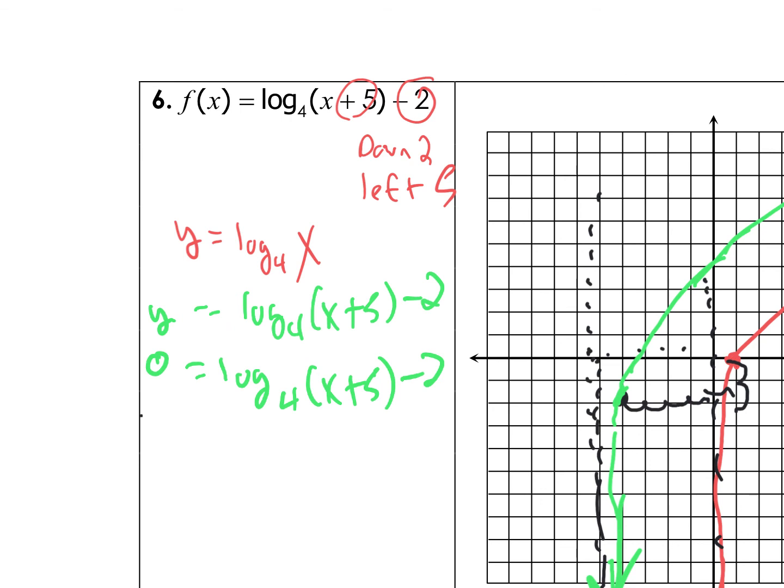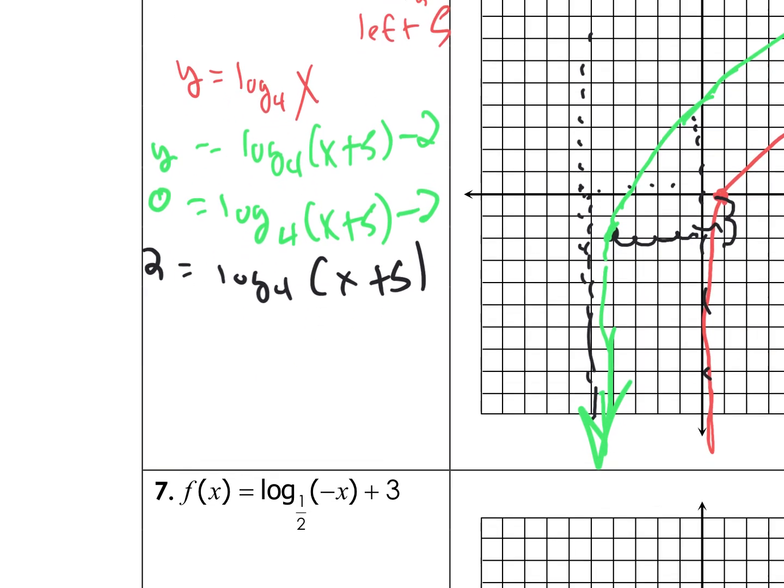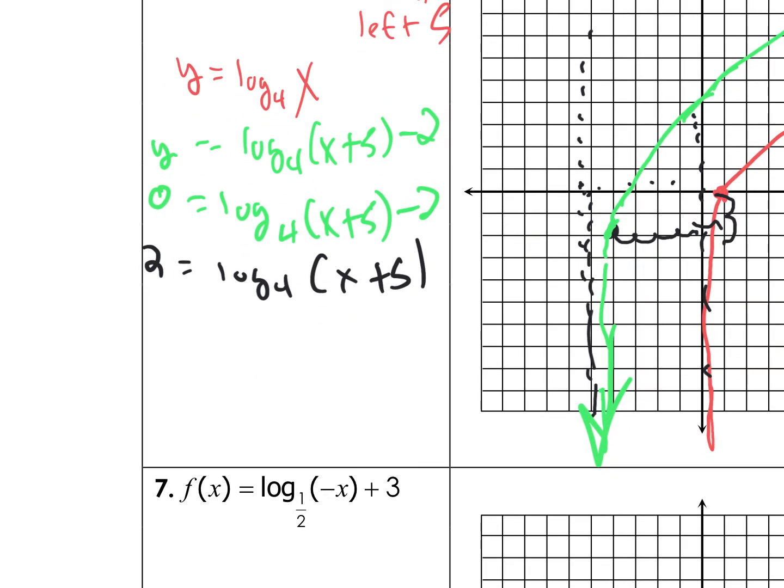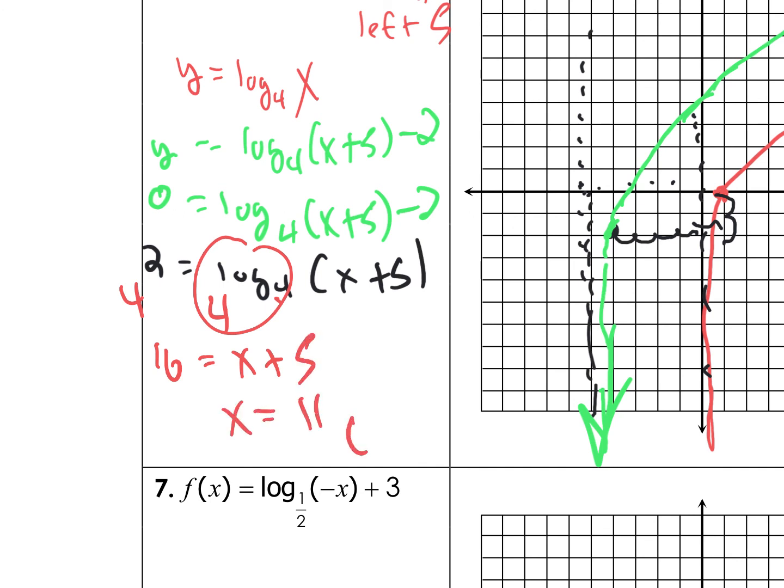Add 2 to both sides. 2 equals log base 4 of (x plus 5). Exponentiate both sides. 4 to that power, 4 to that power. This cancels out. 4 times 4 is 16 equals x plus 5. x must be 11. So the ordered pair would be